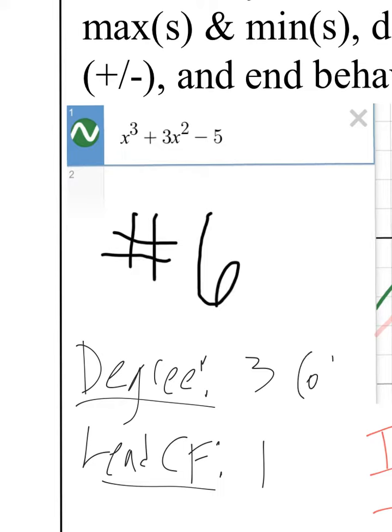And so 3 is odd, and the leading coefficient is positive. And that's really the most important thing, is it odd or even, and is it positive or negative? Because that will tell you your end behavior. And so if you don't have that memorized or anything, look at your notes. I believe it's in 5.2. And it looked like this right here. So, which one is it? Well, we have,